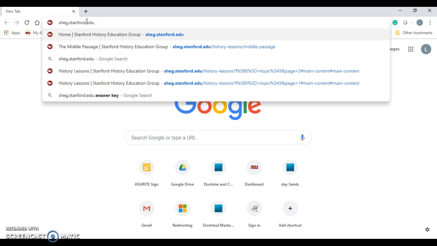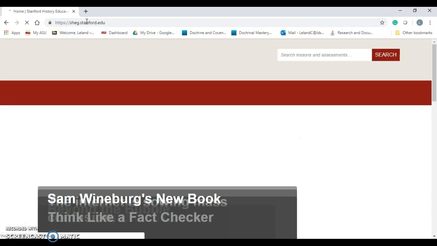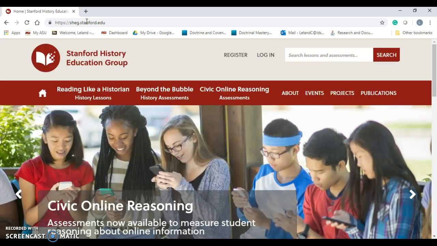SHEG.stanford.edu. And click enter. This is SHEG's home site. SHEG is Stanford History Education Group. You can see right there. And this is an online resource for history teachers to use things like DBQs, which I'm going to show you